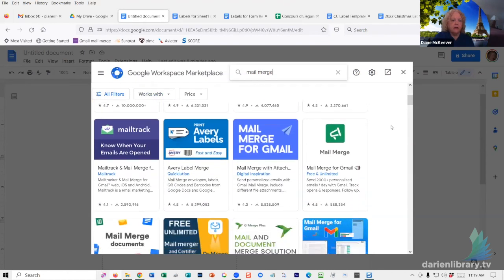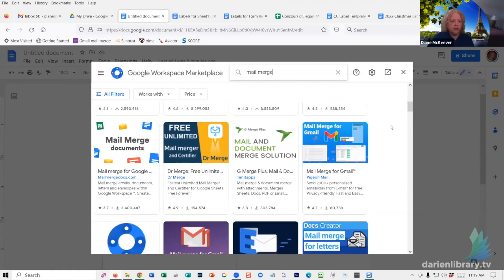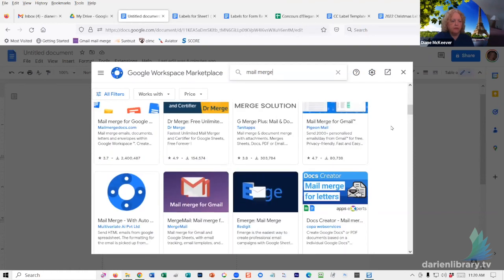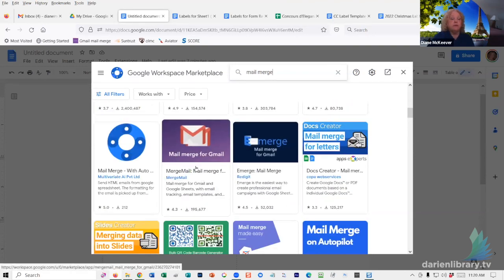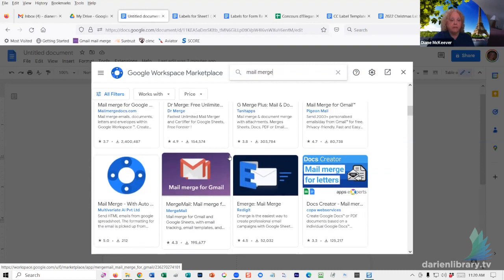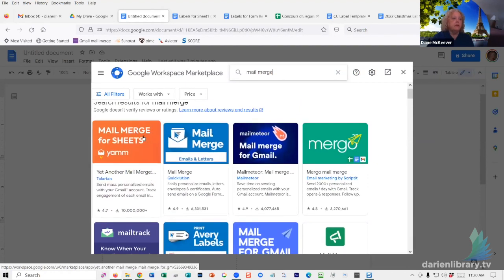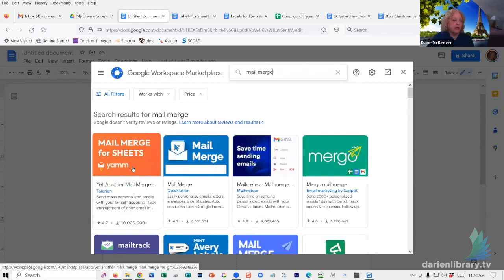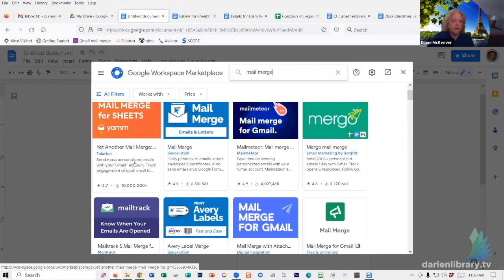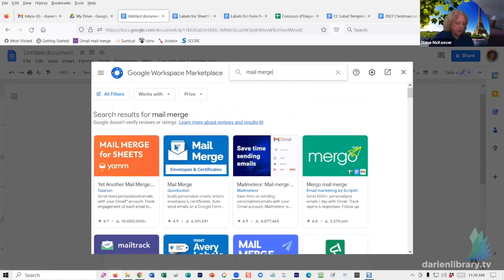I just saw something called another mail merge for Gmail, mail merge for Gmail. So this would be the option that you'd be choosing if it was a Gmail that you're trying to merge to, as opposed to labels. But because we're looking for a label, now yet another mail merge, that's what I have used that for other purposes. But mail merge labels